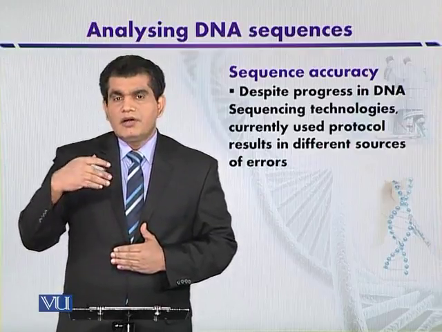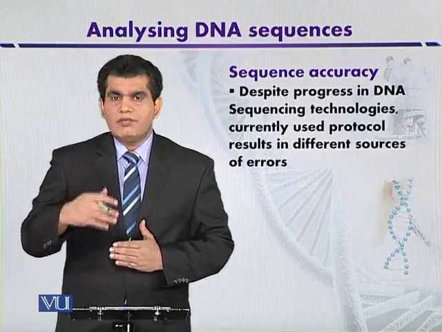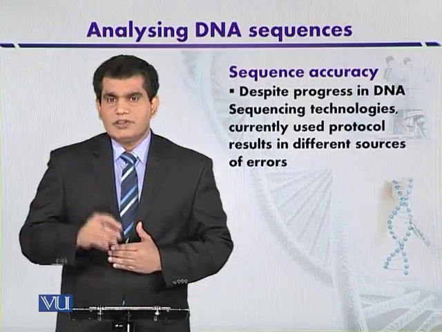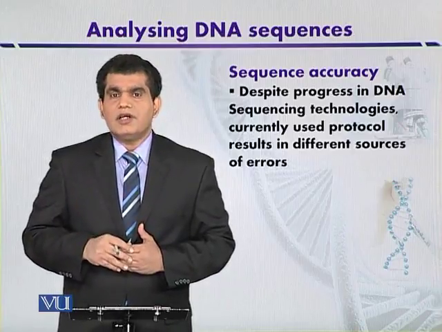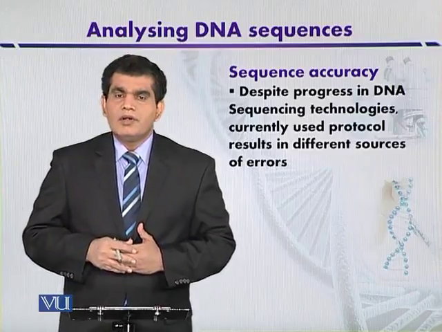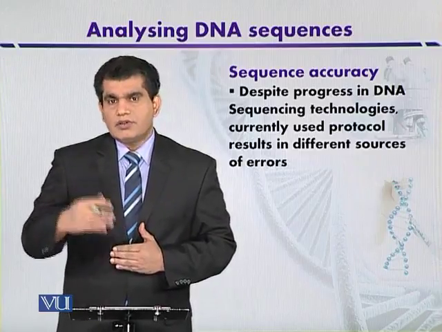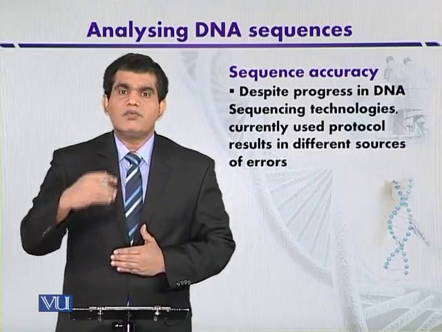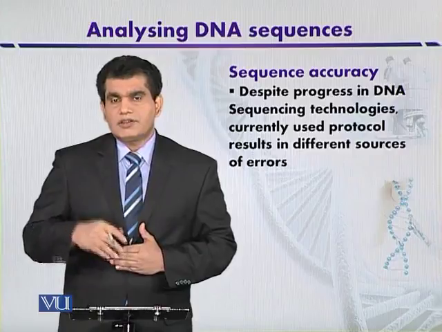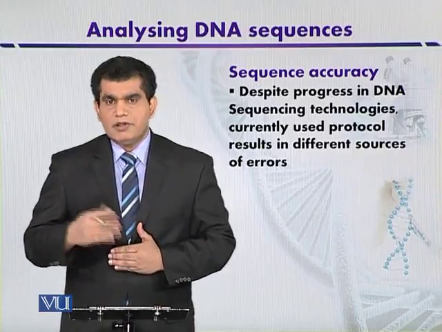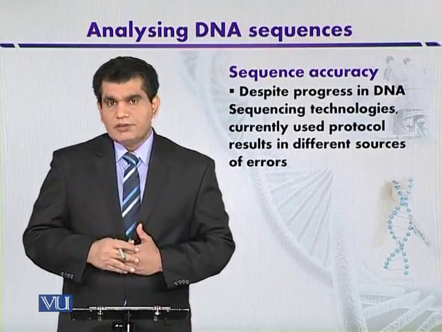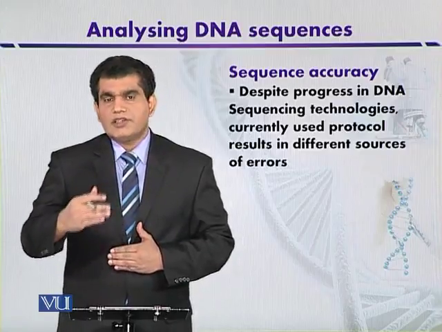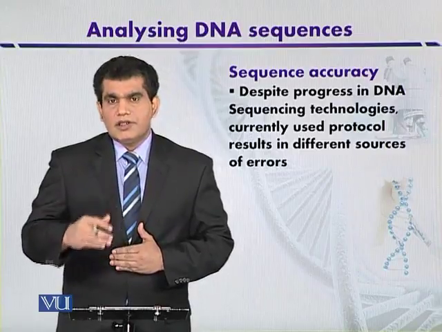And they compared, after cloning in a vector, around 288 DNA sequences related to this particular DNA stretch. And they found that if the DNA stretch is beyond 400 base pair, then the frequency of error may be around 3.2%. And if a shorter DNA fragment is analyzed, like less than 400 base pair, then the sequencing error is